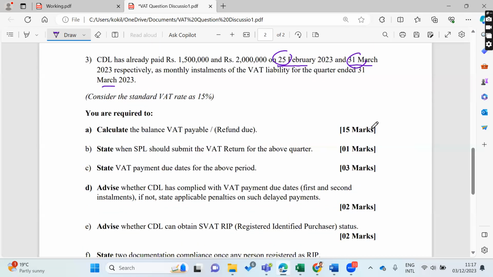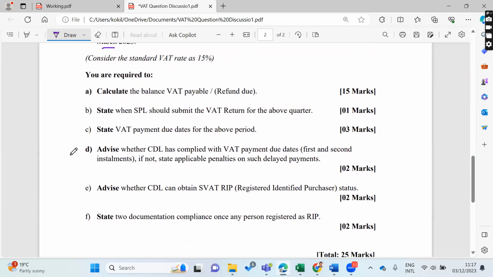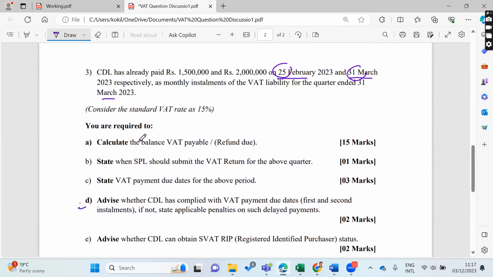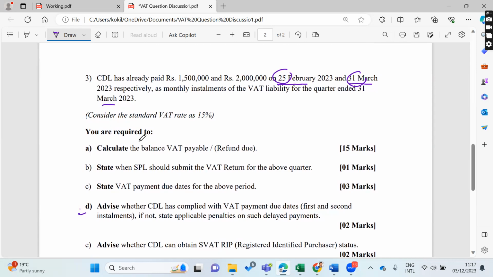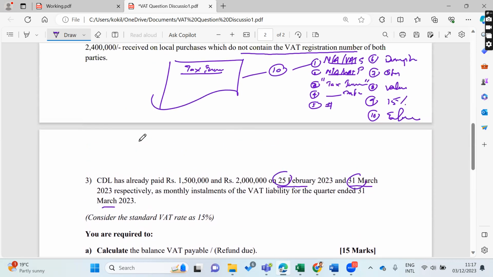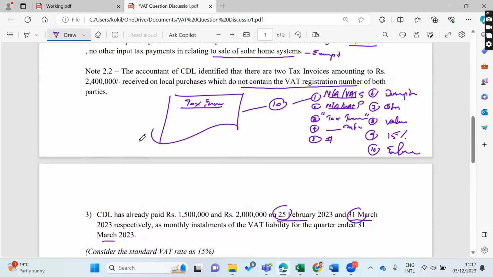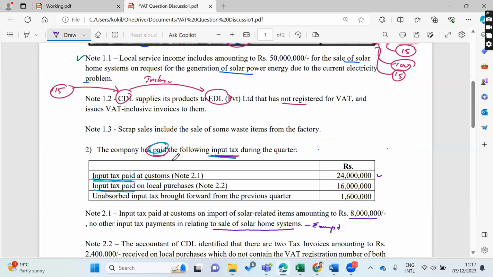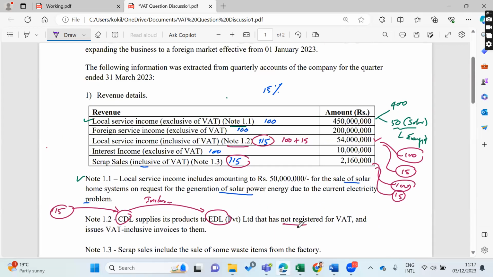So there is a question on whether they have made tax payments on the due dates. Yes or no, right? Then in that case, you have to mention how much the penalty would be. 10% plus a further 2% will be imposed, right? Then you have to be mindful of that question as well, right? We'll do the calculation quickly and discuss the balance after we have an overall idea on the fiction.